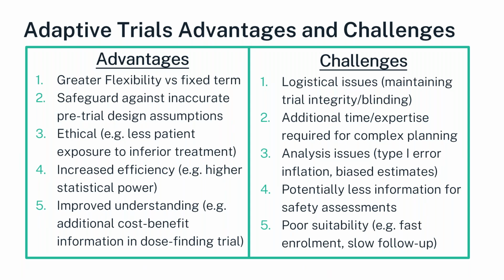And this is where, for example, simulation might be very important, where you can at least establish that the chance of something going very badly wrong in terms of bias or type 1 error is quite low for all of the plausible scenarios that you've considered via simulation, even if there isn't any analytical way to prove that. There's potentially less information for